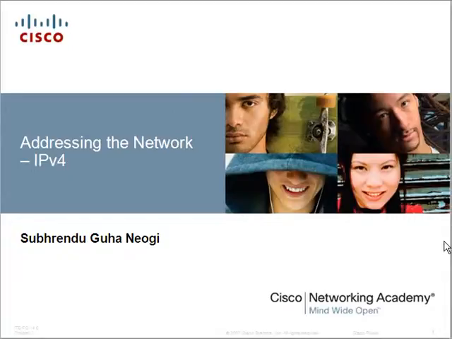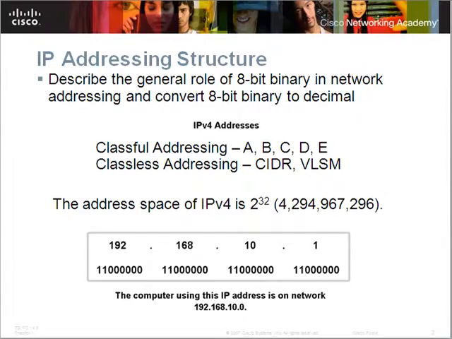To understand what is addressing, we need to first know why there is a requirement of addressing. The requirement of addressing is basically that each and every host in a network needs to be identified uniquely. So that's why we give a logical addressing. The TCP/IP protocol suite model has a network layer or internet layer, and in OSI there is layer 3, which is responsible for a lot of network related activities, and IP addressing comes into this particular layer. So it's a layer 3 concept.